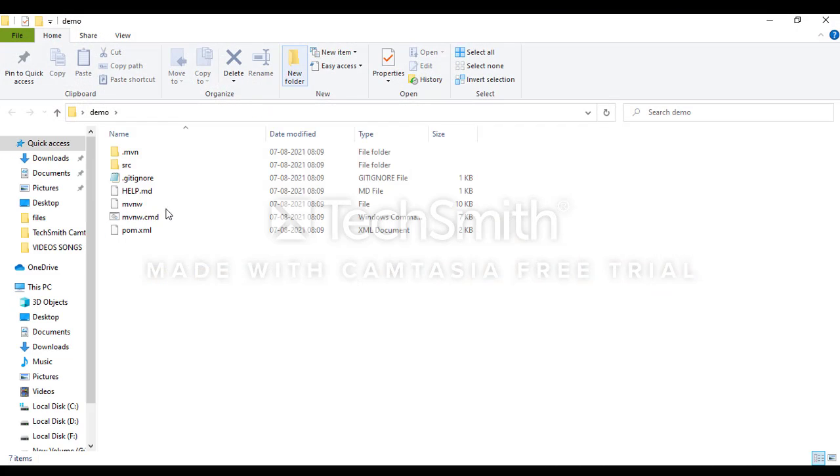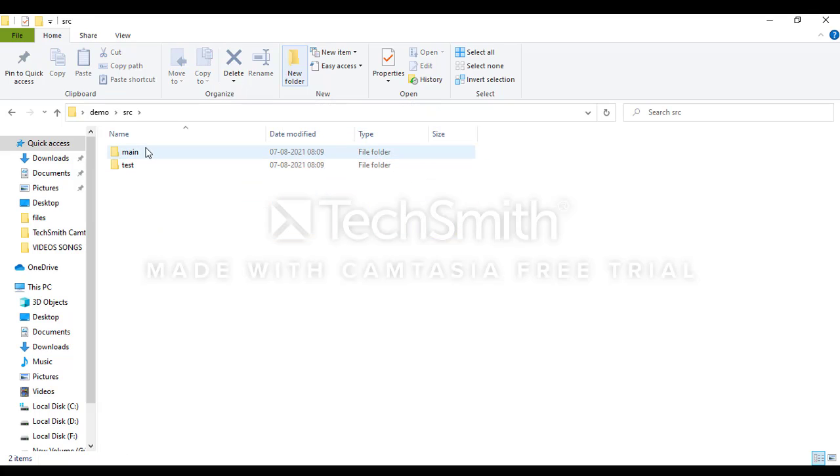Here we also find pom.xml and src, with main, and test for unit test cases. Main has Java. The same package structure is generated here, and one of the files is DemoApplication.java.